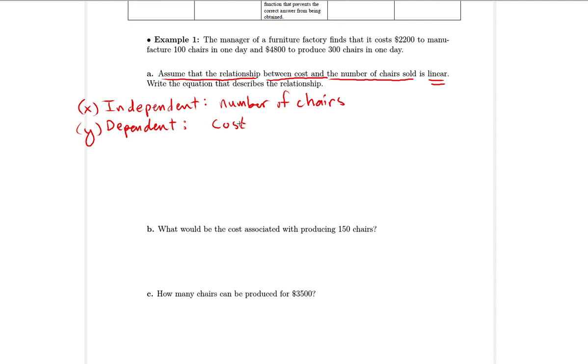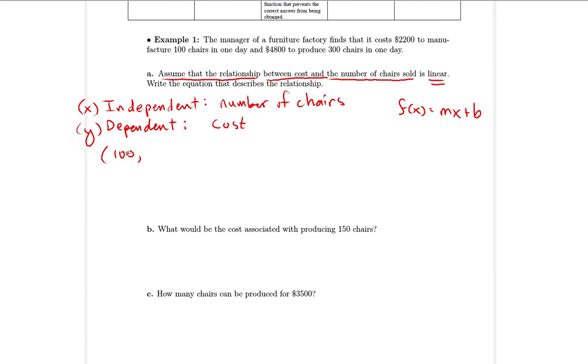So I can set this up. You know that if it's linear, we're looking for something like this, right? f of x equals mx plus b. That was the form that we were always expressing our equations in Standard 11. All right, so we've got to find m, we've got to find b, and in that previous video, you did a lot of examples where you could figure out what the slope is based on knowing two ordered pairs. So a lot of times what's handy to do in these application problems is turn the information they give you into two ordered pairs. So if cost is y and number of chairs is x, then we could say that